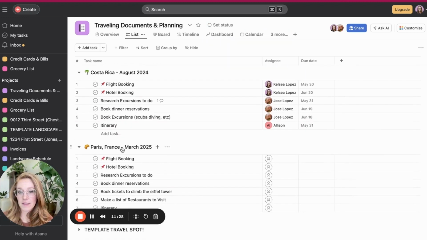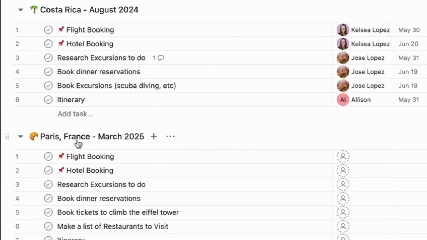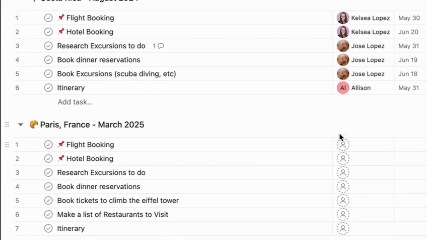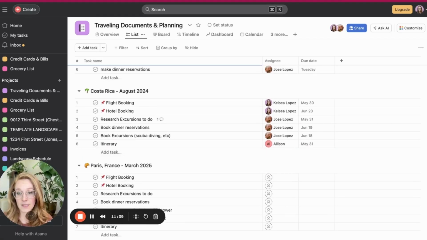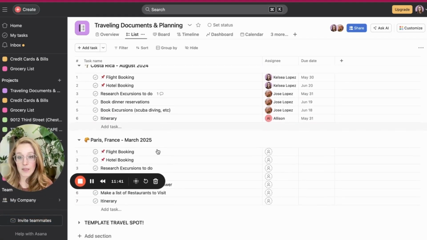And then I also have the same one for Paris, France. I want to go to Paris in March of 2025. This one I haven't even assigned out yet, but it's something that I want to do. I don't want to have to type these tasks every single time that I have a new trip. So